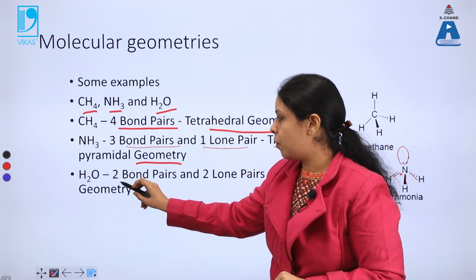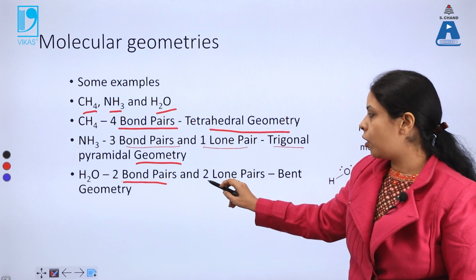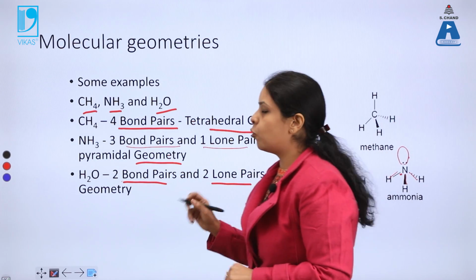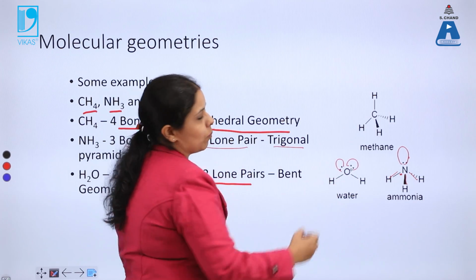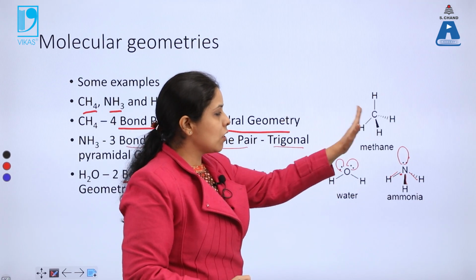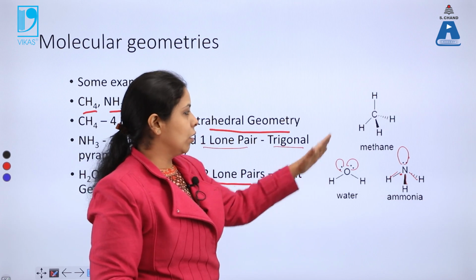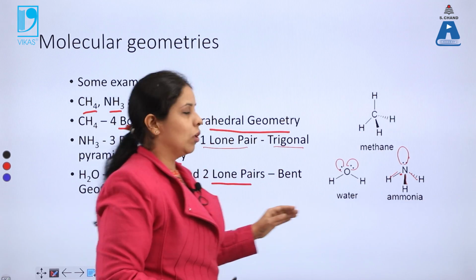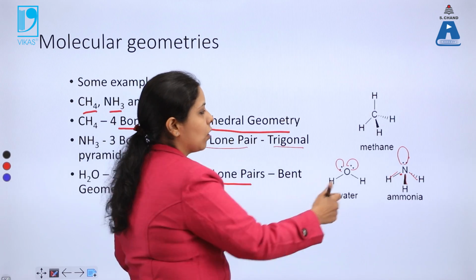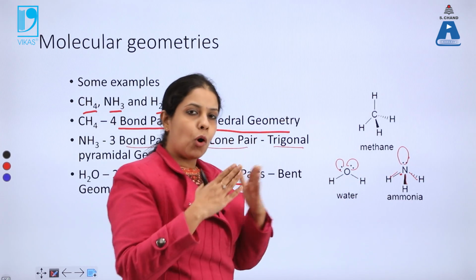This is ammonia, and the geometry which will result would be trigonal pyramidal. And the next is water, which has 2 bond pairs and 2 lone pairs. So the geometry would be bent because now this oxygen has 2 lone pairs. So the bond angle decreases from methane to ammonia to water. Methane 109, ammonia 107, water 104. So the bond angle will decrease because now the lone pair will repel the bond pair to a